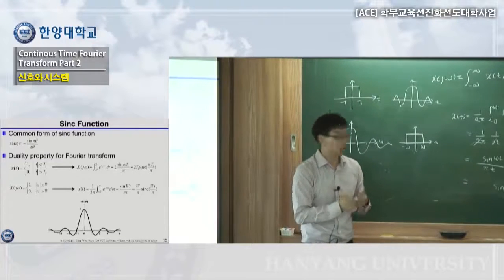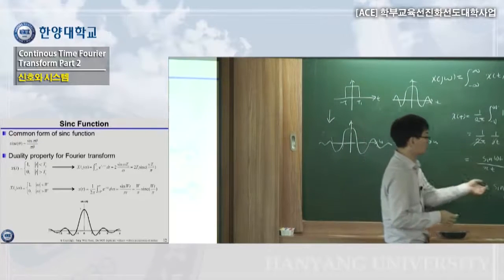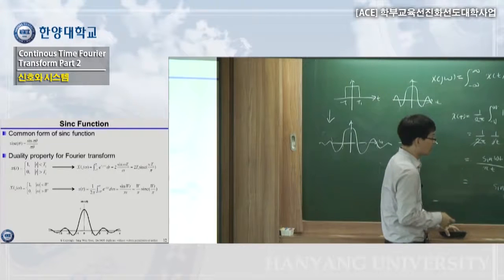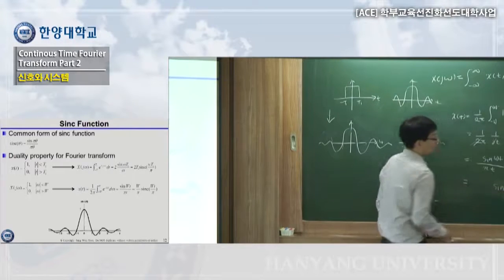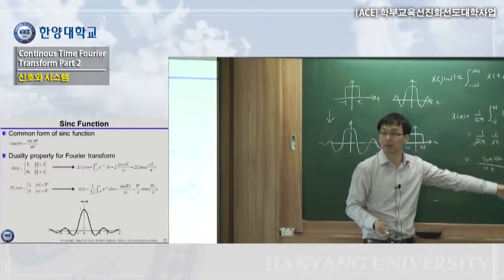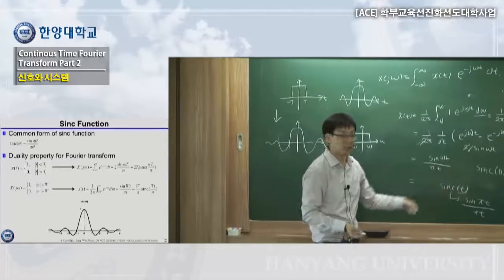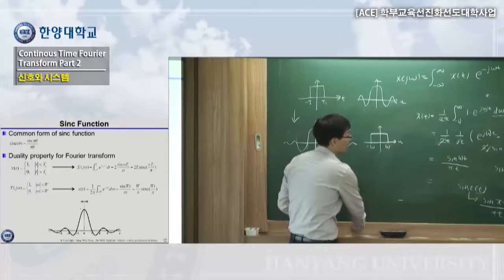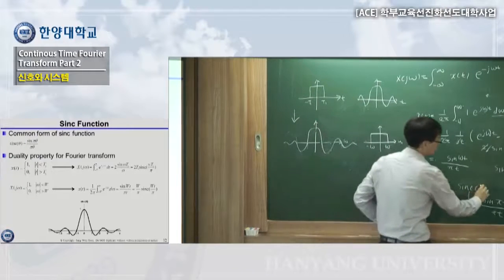One thing you can do here is you can put it like that and say you have T will be changed because this is WT, this is pi T, so it does not match. To match it, we slightly modify this T. So let's change this T to